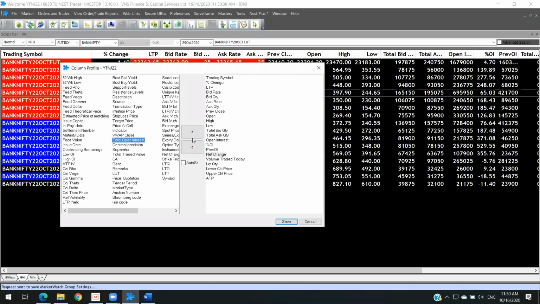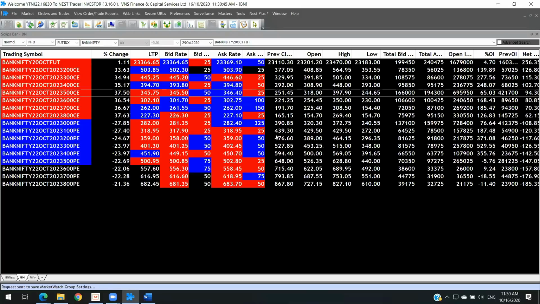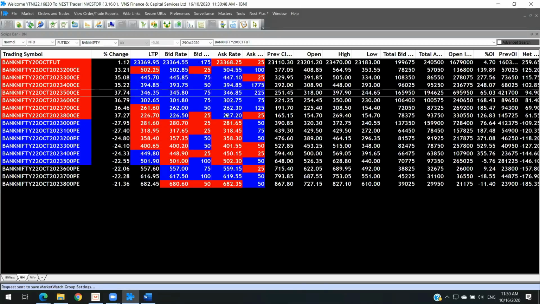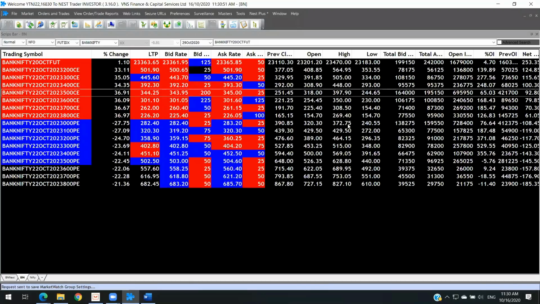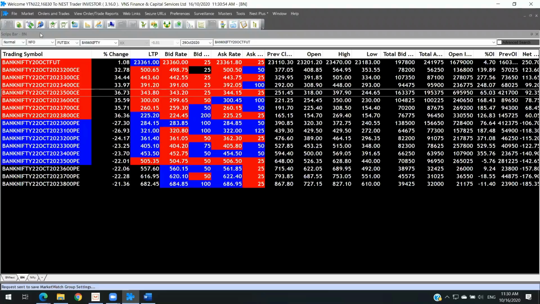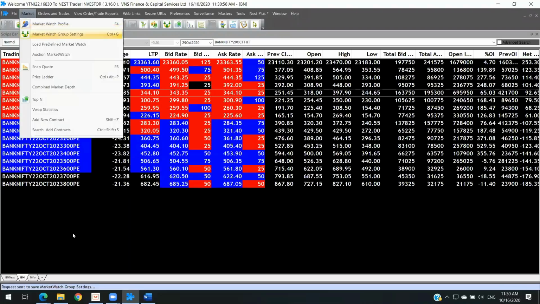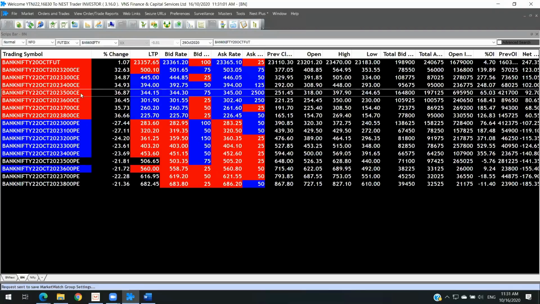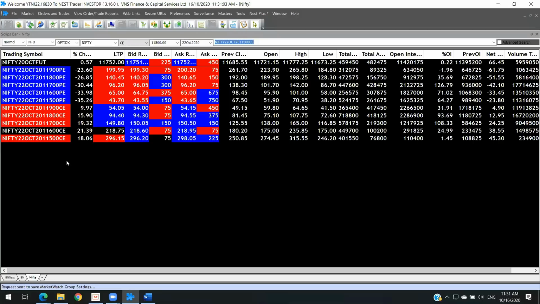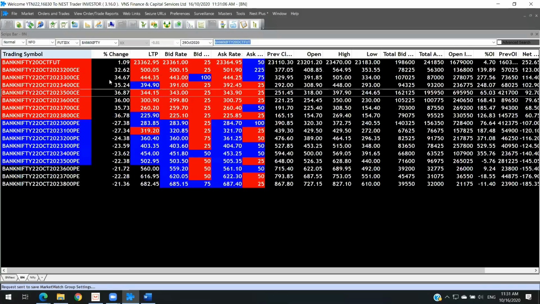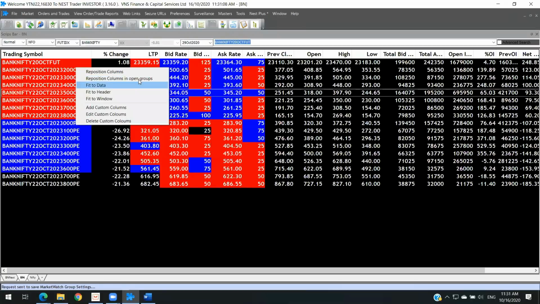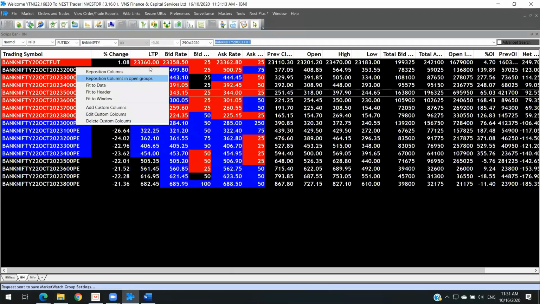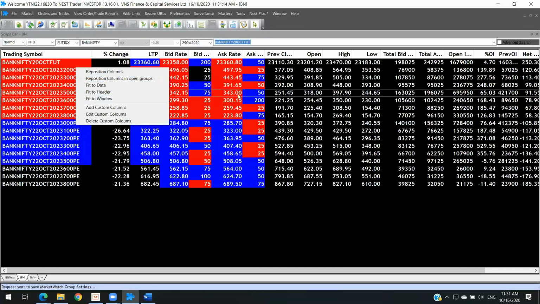And then lot quantity, I don't want it. Lower circuit, I don't want it. Upper circuit, I don't want it. If you feel that, then you add only the columns which you want, and it will be reflecting here. All others will be going off from this window. So this is for the market group watch settings. You have set it for the particular groups now, right? You will now be able to see the same columns appearing in all 3. Why? We have done it with the market position column in open groups. We have just clicked on the open groups so that the same setting gets saved for all the 3. This is done now.